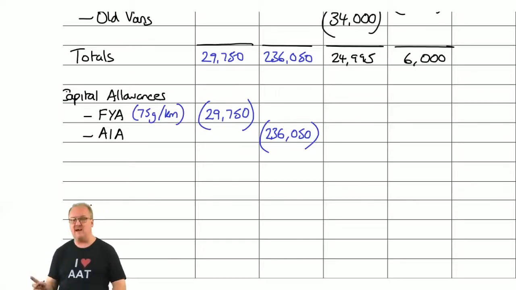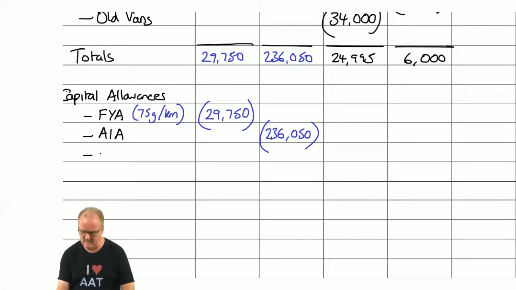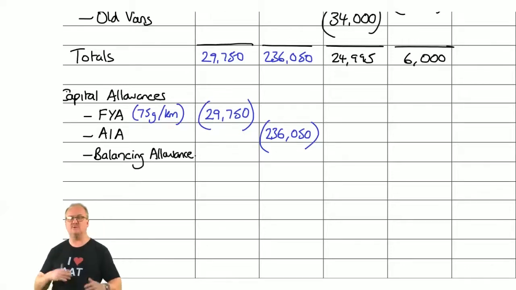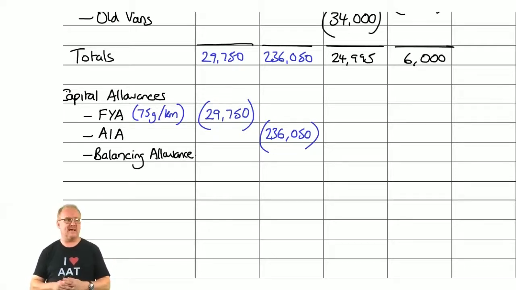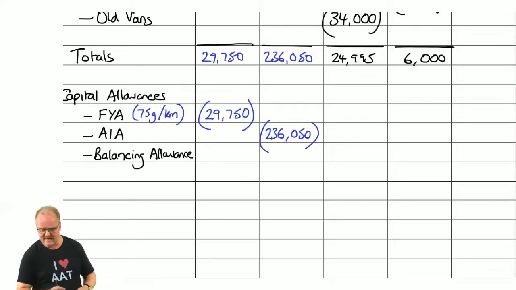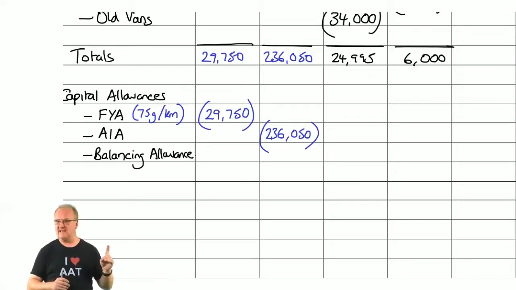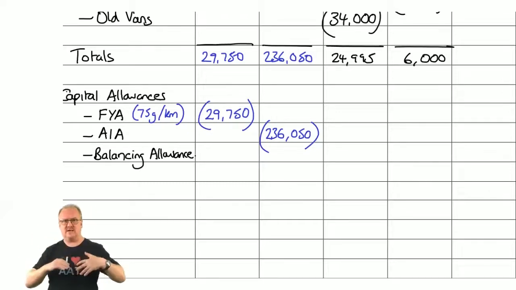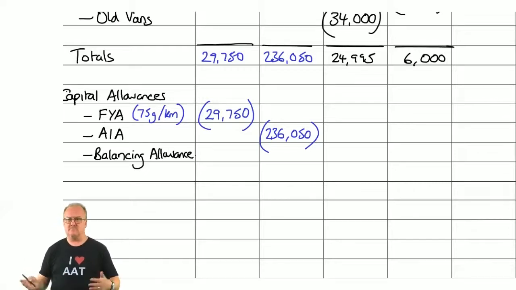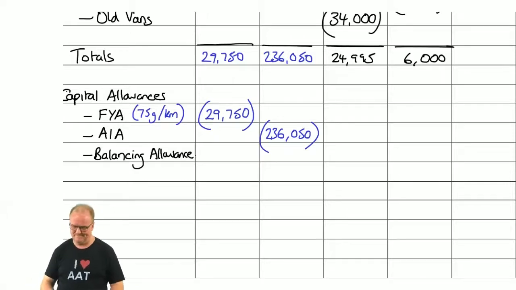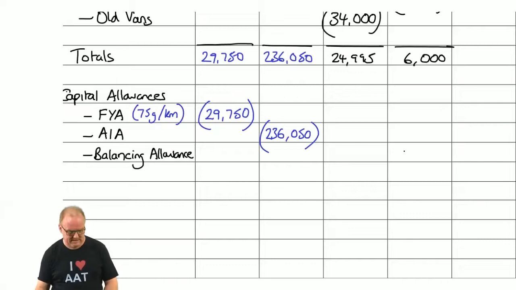Next, I'm going to do the final column, just because it's nice and easy. That asset has now gone. So just as in financial accounts, you get a gain or loss on disposal, you get the same sort of thing with capital allowances as well. Basic logic here. Because there's 6,000 still left, in effect it means that he hasn't had the deduction against tax for that 6,000, and now the asset's gone, he's going to get it. Sort of. So that balancing allowance is 6,000,